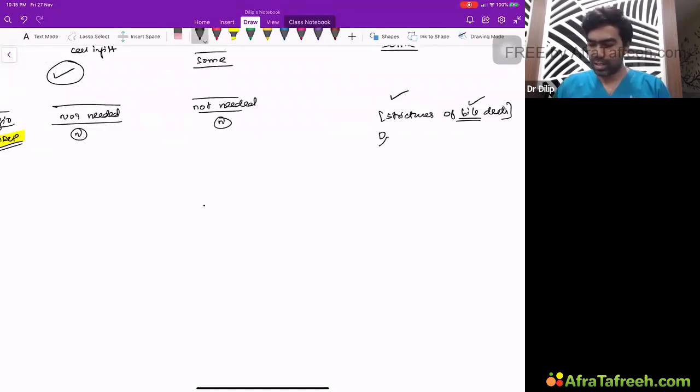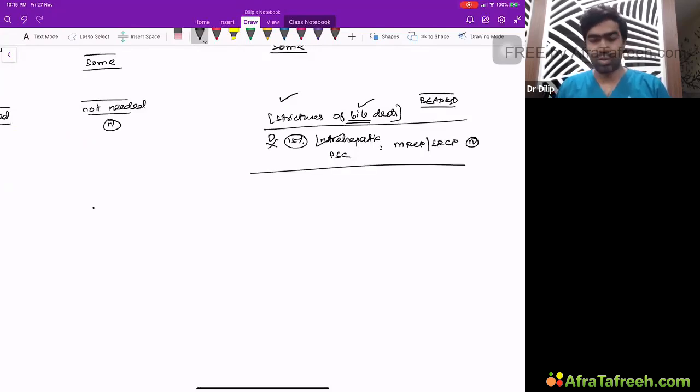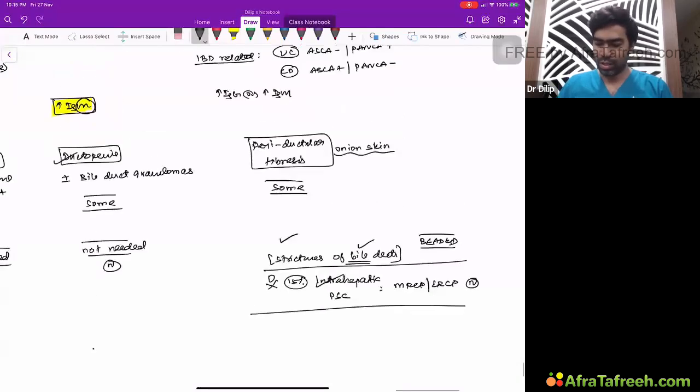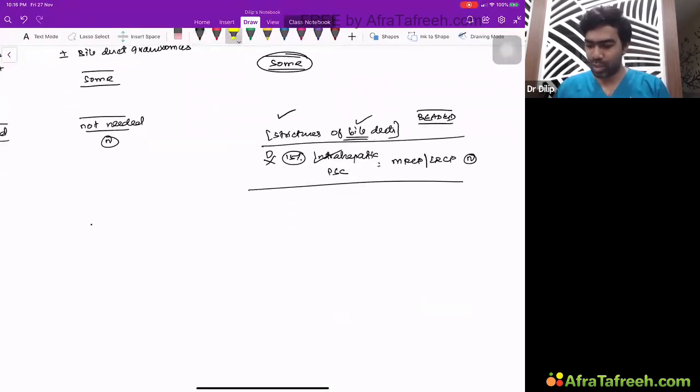But please understand, there are 15% of the cases called intrahepatic PSC, where MRCP or ERCP can be completely normal. So this will affect only the intrahepatic bile ducts, and the investigations that analyze the extrahepatic bile ducts, like MRCP or ERCP, will be completely normal. So these patients only will need a biopsy. I told you some patients need biopsy. Who needs biopsy? Only those patients who have or are suspected to have intrahepatic PSC. Otherwise, if it is clear-cut extrahepatic PSC, which is the most common variety, 85% of the cases, you don't really need a biopsy.